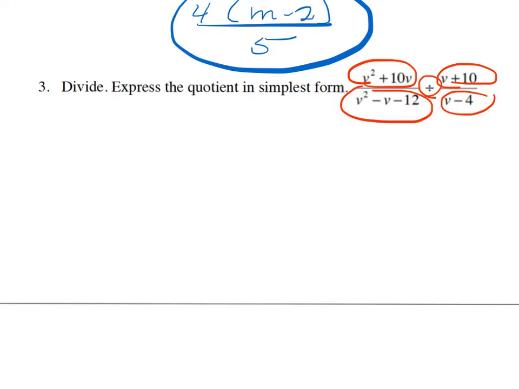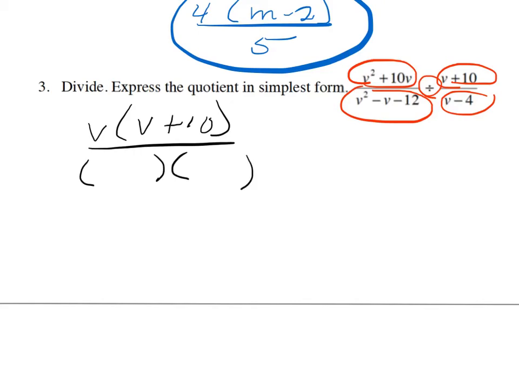Also, it's a division, so that means we're going to apply the KFC, keep, flip, change. So, I am going to write it down, and I'm going to KFC it at the same time. I'm going to factor out a v, so it gives me v times the quantity v plus 10, on the top over here, and then I'm going to factor this, and what factors of negative 12 give me a negative 1, and that would be negative 4 times 3,